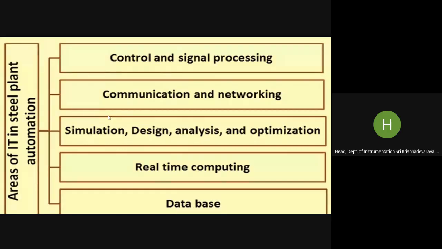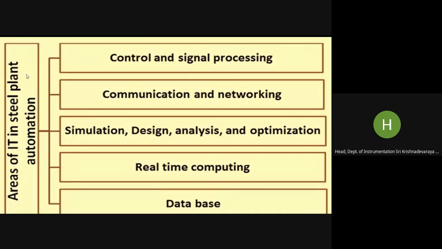applications of computers in iron and steel industry. Now, the only thing here is, if it is a steel plant, you have to go on mentioning different systems, different unit operations, whether it is blast furnace or coke oven plant or hot air stove or electric arc furnace or oxygen lancing, electrical rolling mill or continuous casting machine or a heat treatment furnace.